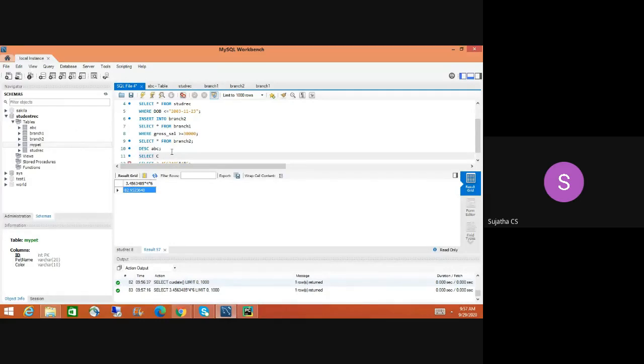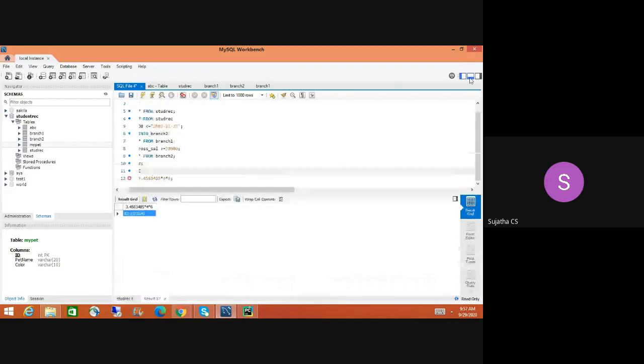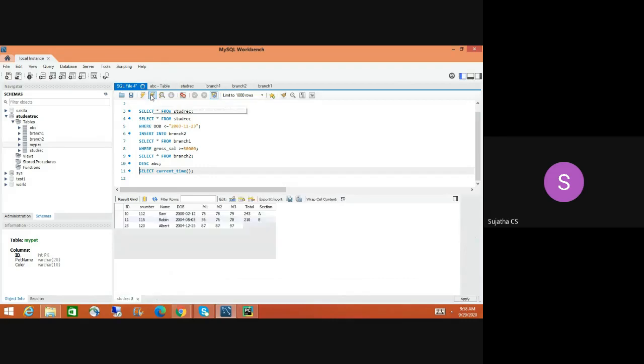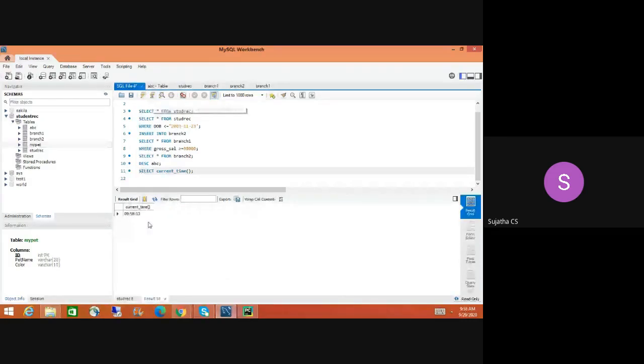Current time, current timestamp, you can run all those things. Later you will try, whenever you get a machine.